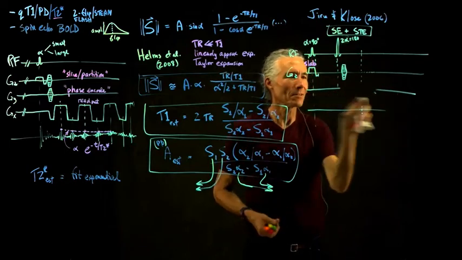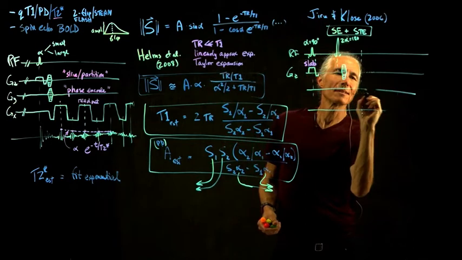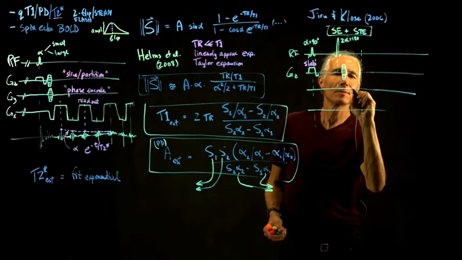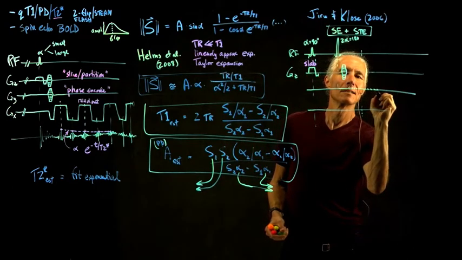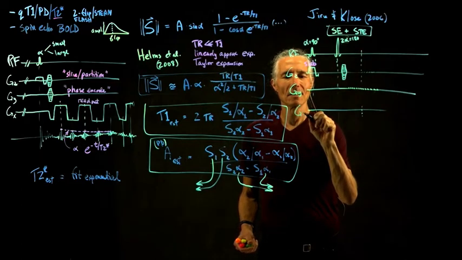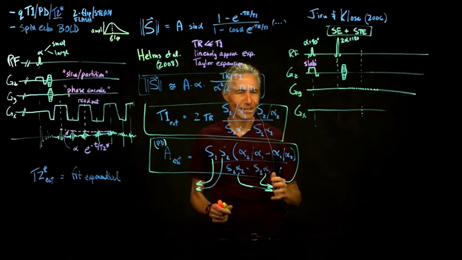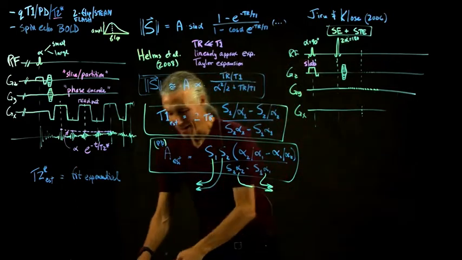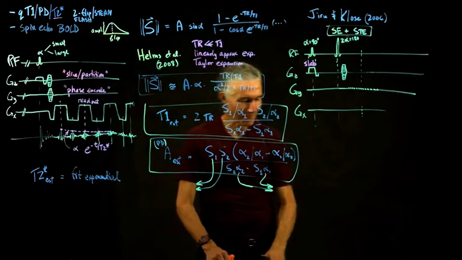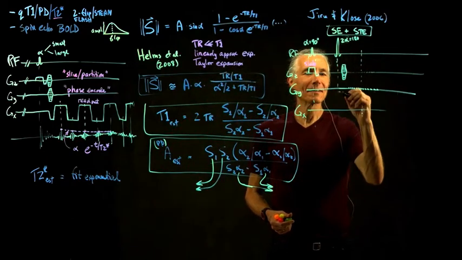Okay, let's do this right. Sorry. So the blips are on this line. So here's the blips, because that's the GY, and then here's the GX. Now I just miss actual people in the classroom, because when I do stuff like that, usually somebody in the classroom will say, isn't that the wrong line? Okay, so